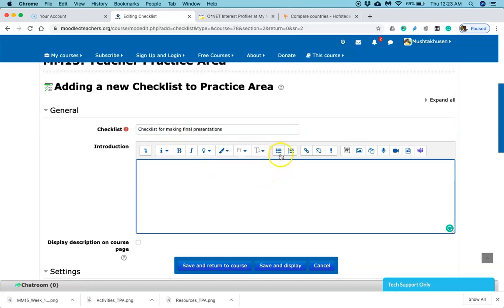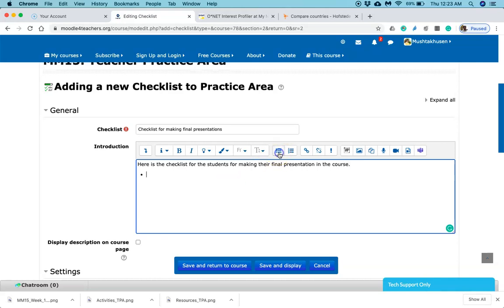So here is the checklist for the students for making their final presentation in the course. So here is our checklist.